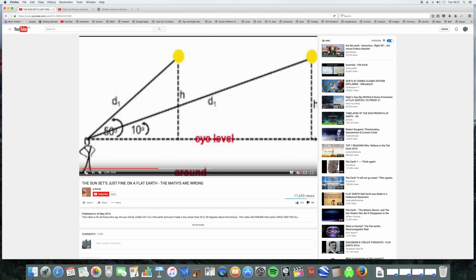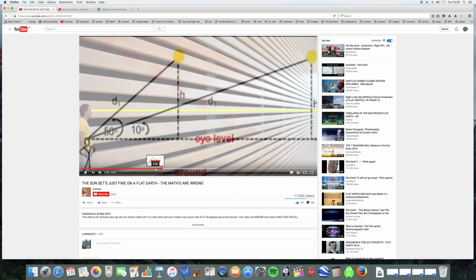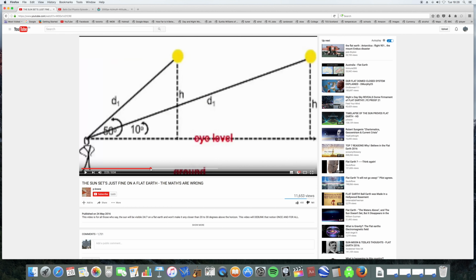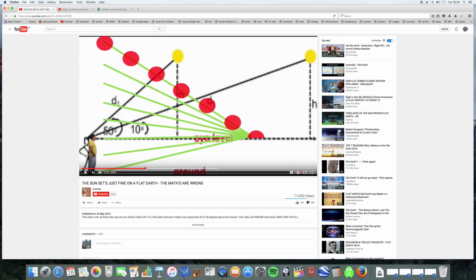This pretty much encapsulates the kind of thing I'm talking about. And flat earthers have been making this argument for quite a long time, actually, right way back to the 19th century. They've been doing similar diagrams like this, which are just nonsensical garbage. When a person here looks in this direction, towards the sun, they do see things looking like they're converging. But you can't then look at that situation from the side like this and look at their perspective from the side. It doesn't mean anything. And I'll try and convince you of that.